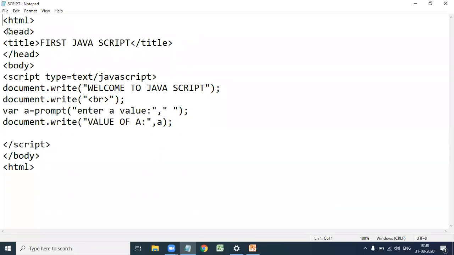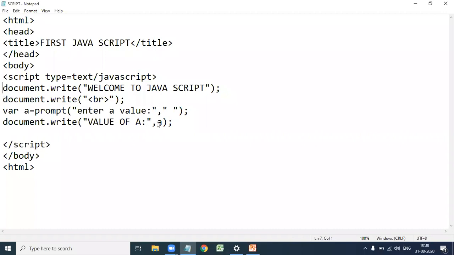So here is the HTML root element, and next the head element, where we give the title for the web page, that is first JavaScript. In the body you write the script tag: script type equal to text/javascript, and the ending script tag.